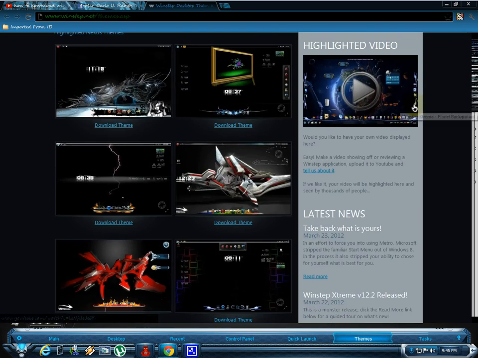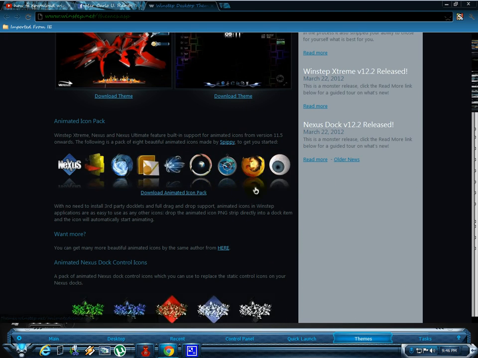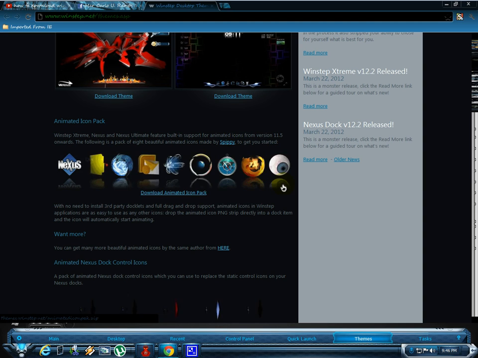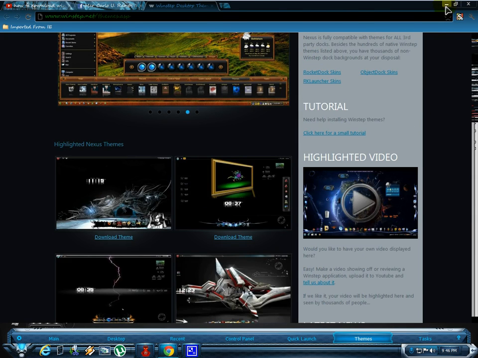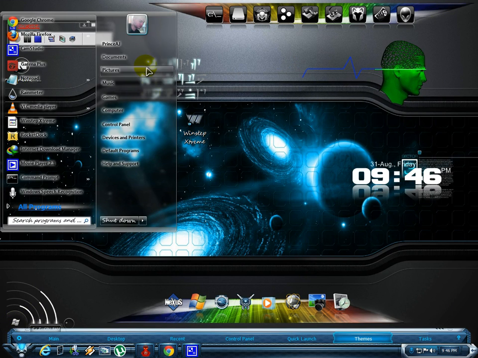In this site, you can download other themes, and you can also download these animated icons. You can download this by just clicking this link, and your download will automatically start. After you download the file, you go to your download destination folder.